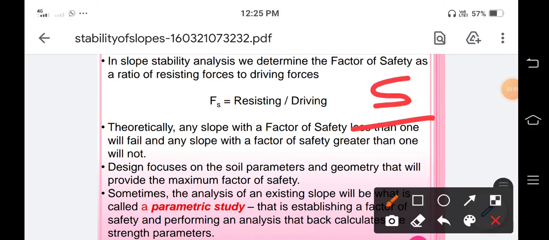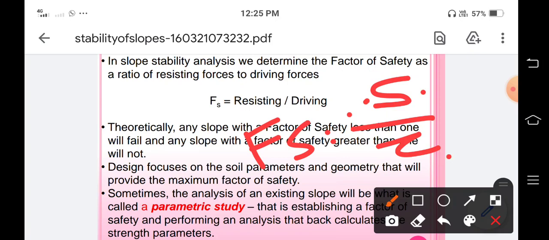It means the strength of the soil to resist the failure along the sloping surfaces, and the driving force is called the shear stress developed along the potential failure, meaning the stresses developed due to the sliding along the surface. So we can write it as tau. So our formula is Fs equal to S upon tau. Depending upon the book, the concept is the same, shear strength upon shear stress developed,